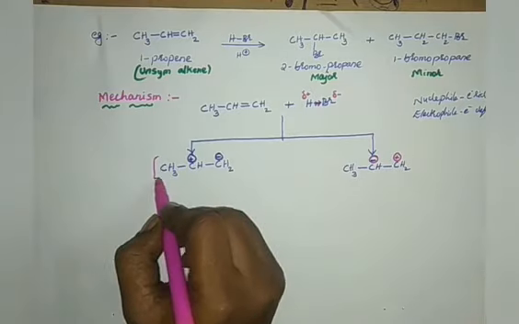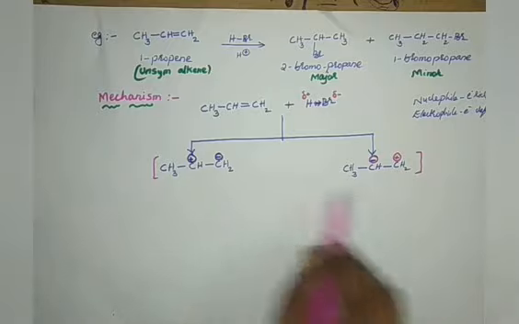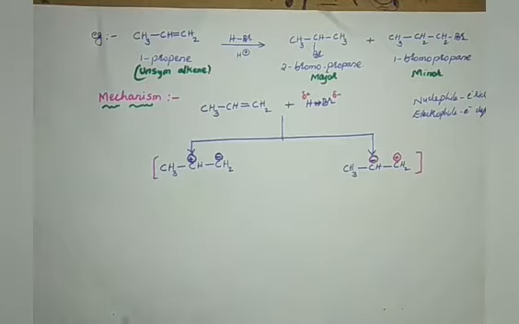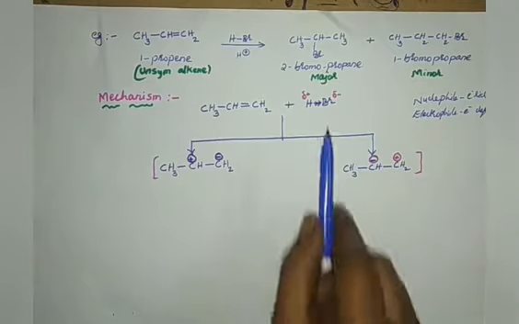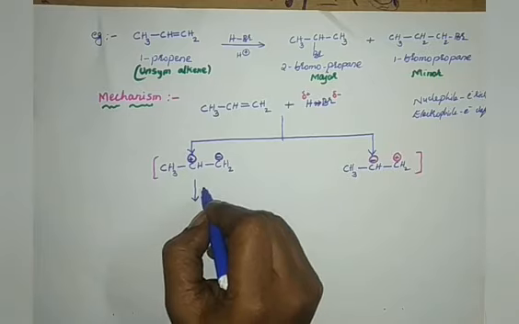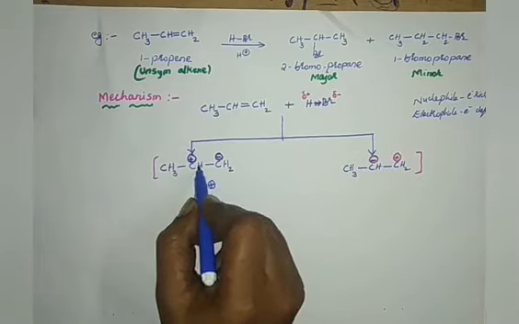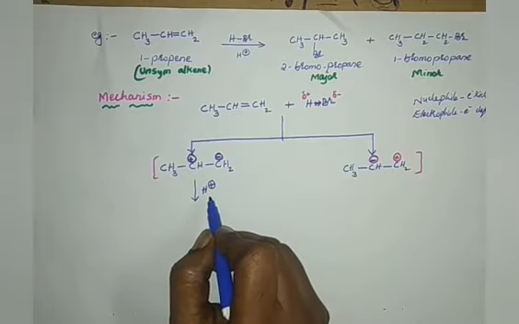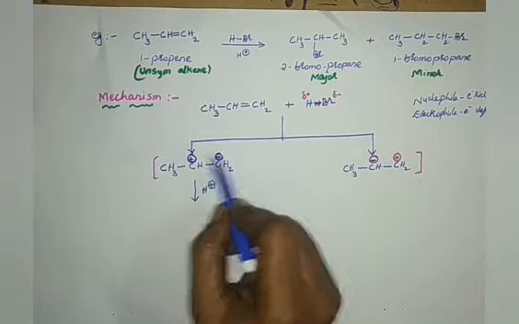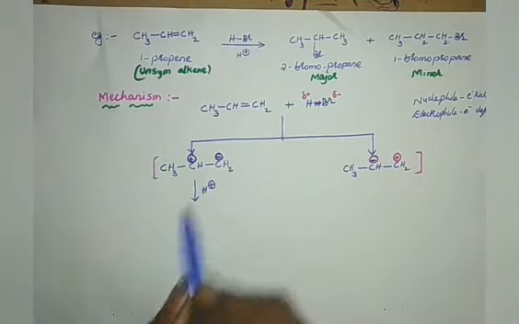Please make a note, this we should not actually write. Keep it in your mind, but for your sake I am representing it here. So if this is happening, now as I said, H plus from this reagent can be attacked first to my alkene, my unsymmetrical alkene. So H plus addition should be taking place because H plus is an electrophile and my alkene is a nucleophile. Electrophilic addition. Therefore H plus should add first.